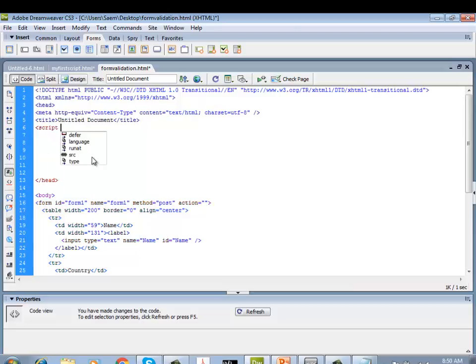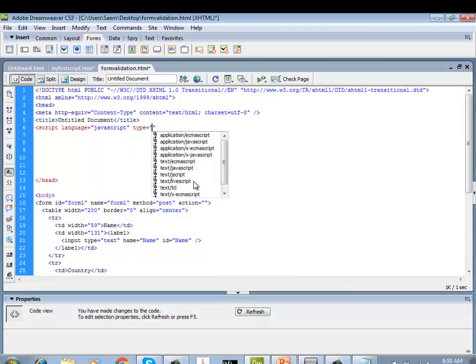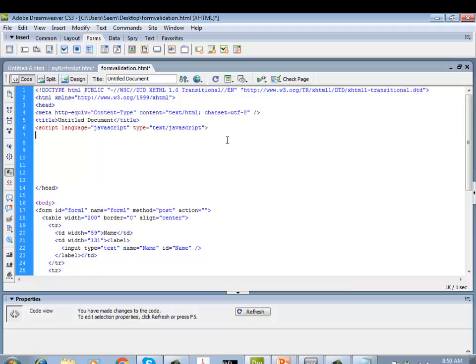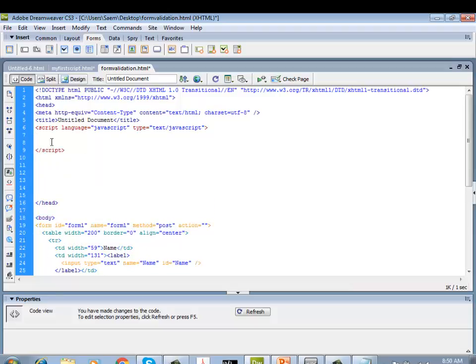So script language will be JavaScript. We need to tell our browser what script we are using. And why do we use type text? Because we're telling that JavaScript is basically in a text format. Close the script tags,